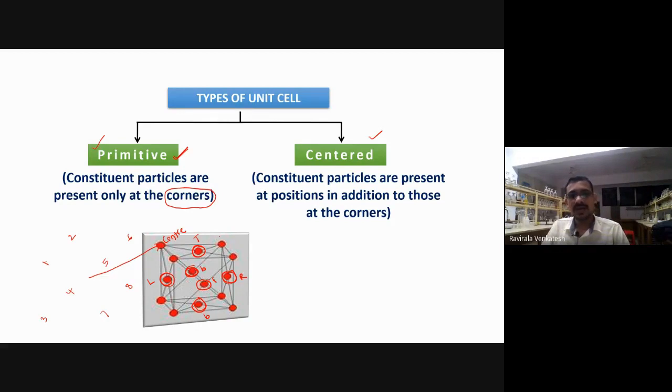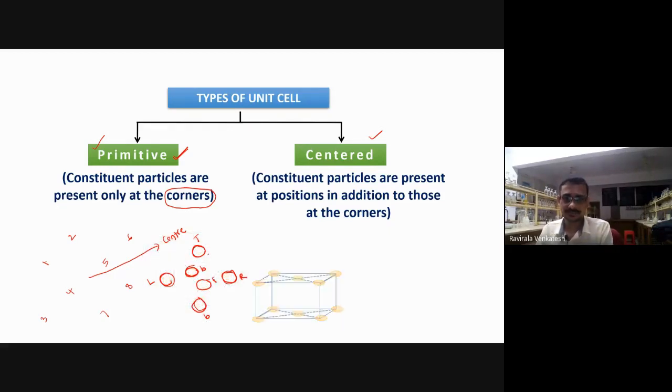Okay, that is called what? In addition to the corners, in this way also, isn't it? Constant particles may be arranged here. You observe here what happened. These corners are there. Now this is what, top face, right? This one is what? Bottom face. At the center of bottom face, one constant particle is there. At the center of top face, isn't it? Face means FACE, not PHE. Okay. Next.